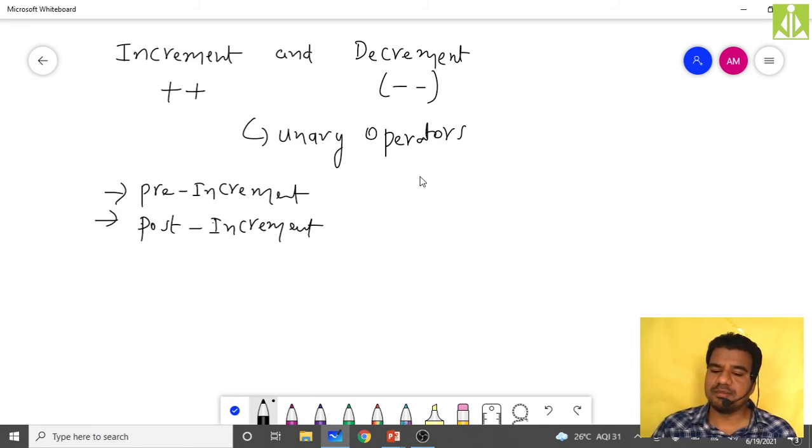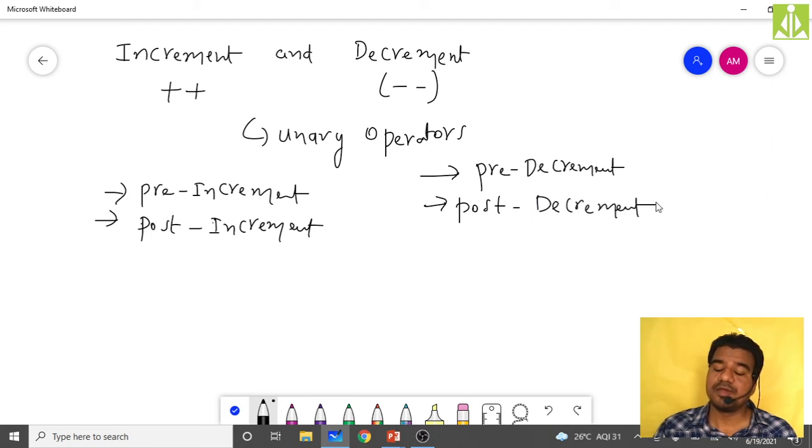Then decrement is also the same: we have pre-decrement and post-decrement.